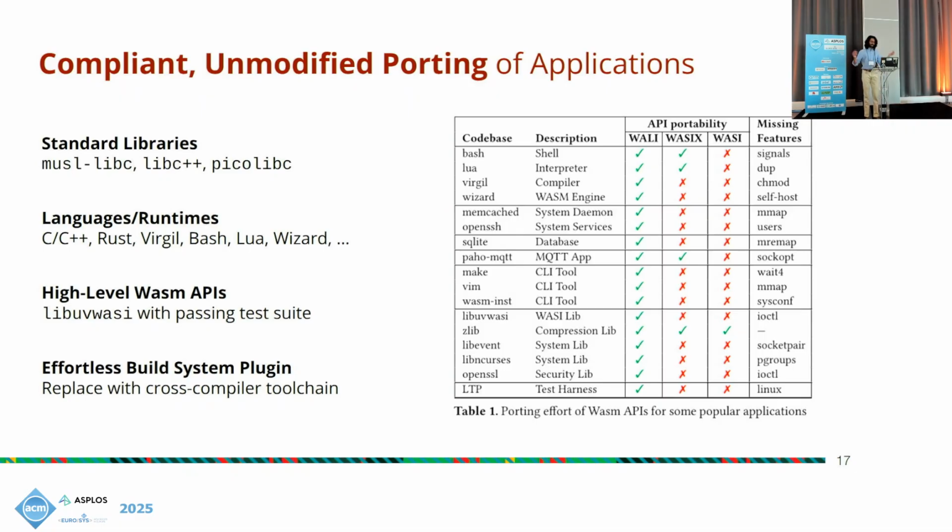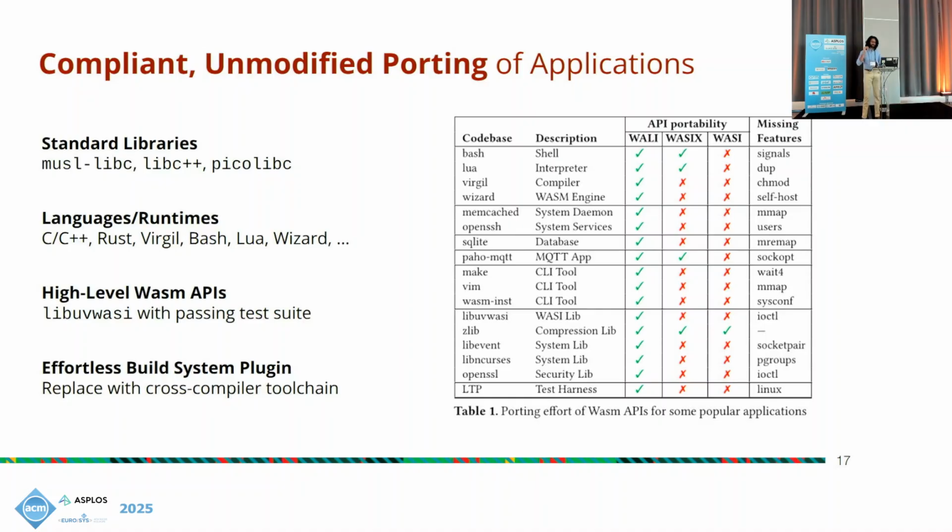And so really the big takeaway with this talk that I want everyone to get is that you can actually port applications completely unmodified to run over WASM now. You can almost think of it as a universal binary format available to you today. We support numerous standard libraries for C, numerous language runtimes, including Rust and Bash, Lua, and many more. To demonstrate that we can actually virtualize and layer high-level APIs, we take a common implementation of WASI called uvwasi and pass the entire test suite pretty transparently, which is nice. And something that most people really don't realize the benefit of is this ability to plug into build systems effortlessly.